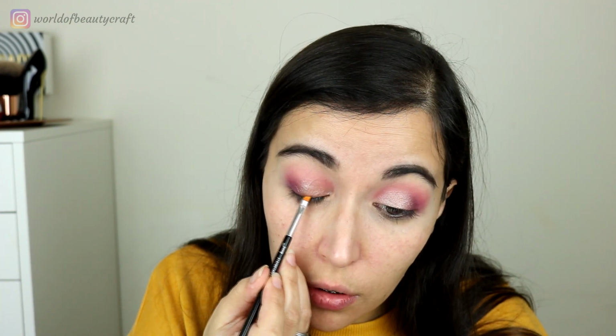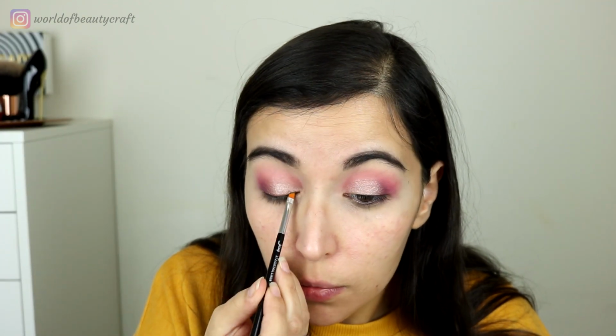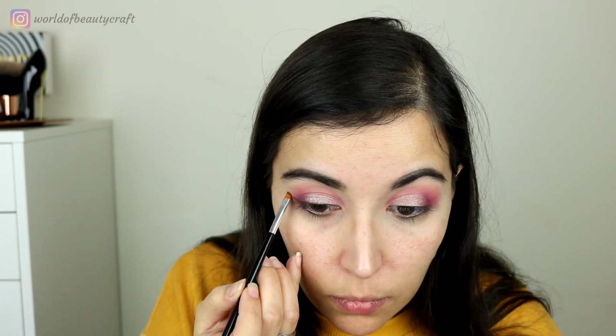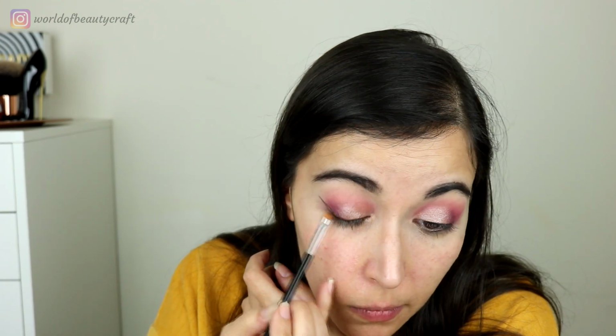So I think I'm going to start lining my lash line. And probably this shade is really nice for me to practice because it's a brown. If I make some mistakes, it won't be too noticeable. Okay, so I like it. I will do a close-up in the end. I think it's really different and it's not too bad for someone that really is not used to doing gel